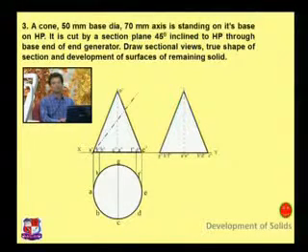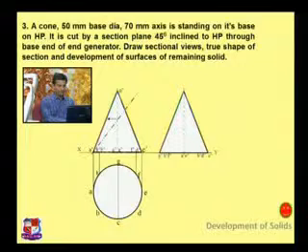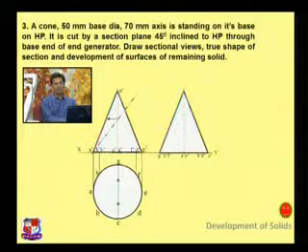So how to draw the true shape? For that, first we locate and name these points. One analogy is used to find out the true position of a point which is on O dash, C dash. Here one point is over here which is on O dash, C dash. To find out the true position in top view, from this point draw a horizontal line. This horizontal line cuts the true line at one point.